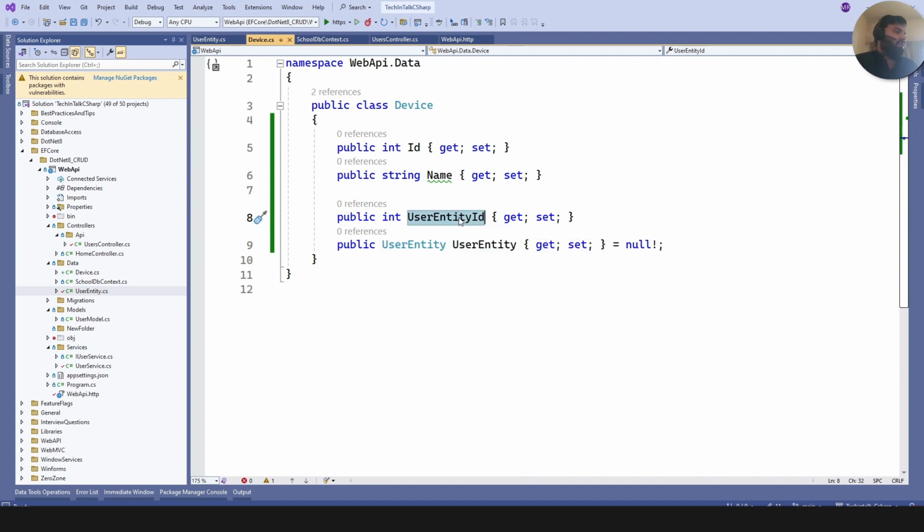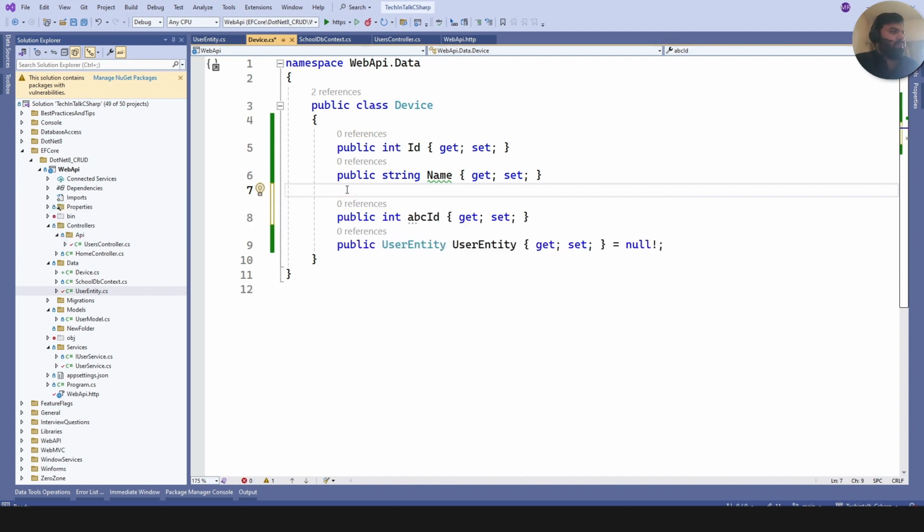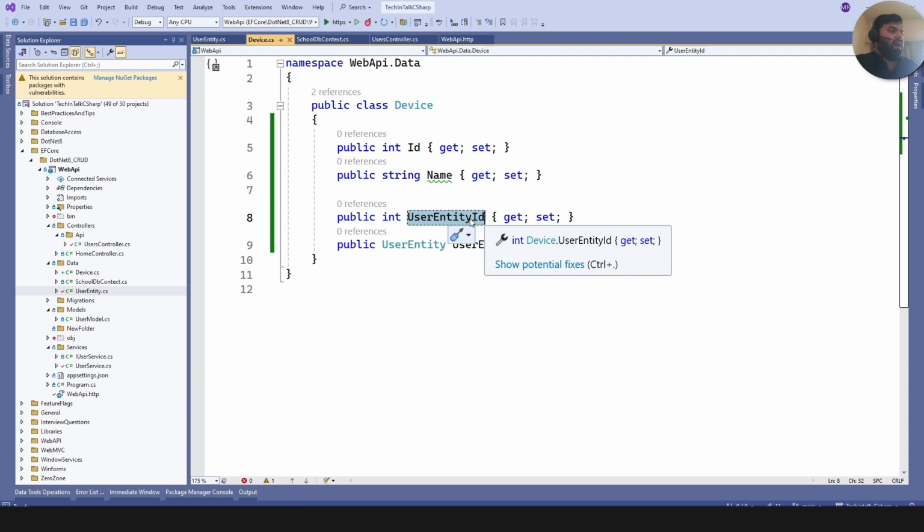Let's say if we want to add some column with some other name, let's say ABCId, in that case the ForeignKey attribute will be required, right? So let's just keep it simple, and keep that thing in mind. For now we will be using UserEntityId as the foreign key. So no annotations,